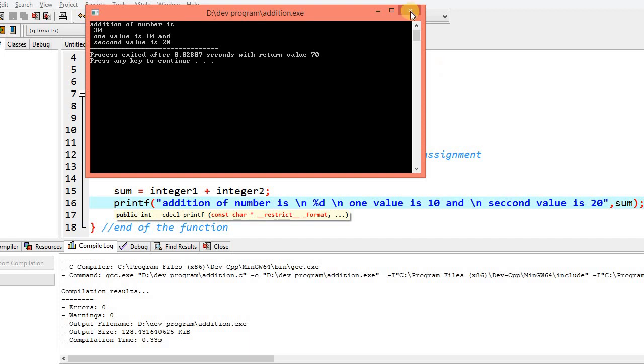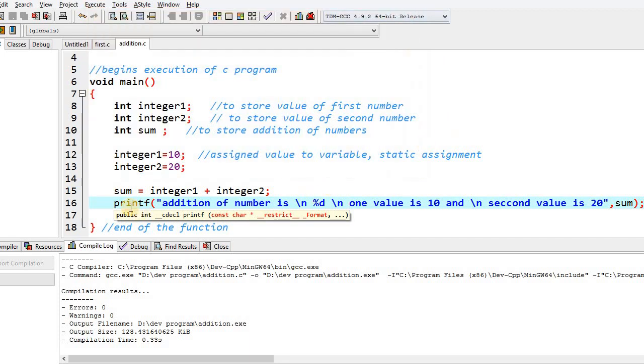And now let's understand this printf statement. What it does is, whenever there is a printf statement, it is used to generally provide output to the users.